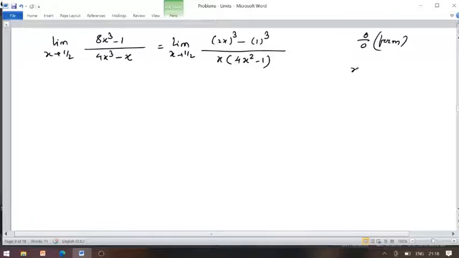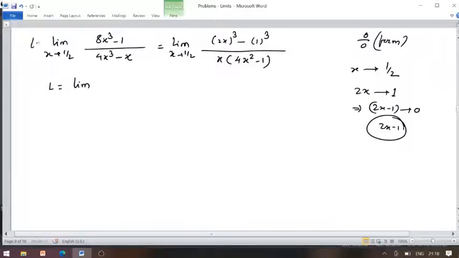Now keep in mind, once x tends to half, that means after shifting the 2, twice x tends to 1. So ultimately twice x minus 1 tends to 0 here. That means twice x minus 1 is one of the factors of numerator and denominator, which will cancel out, and applying the direct method of limit, you might get the value of the given limit. So let us assume L to be the limit as x tends to half of